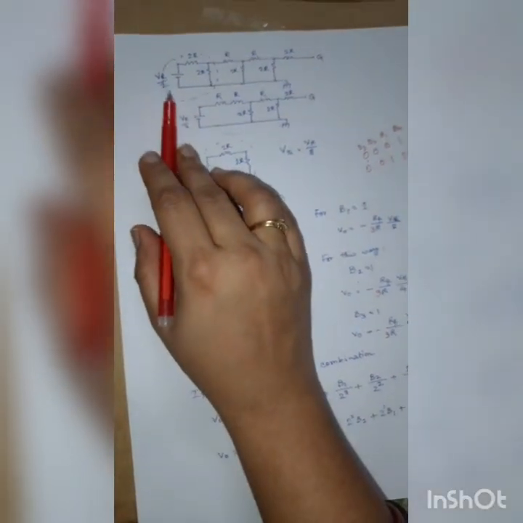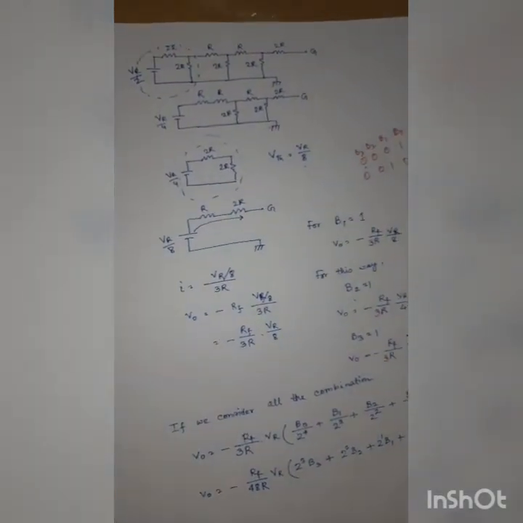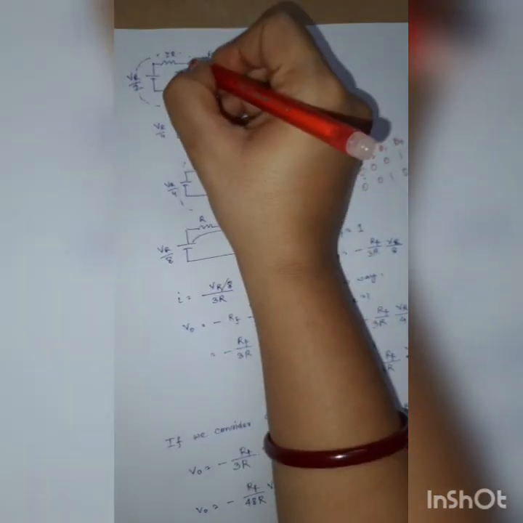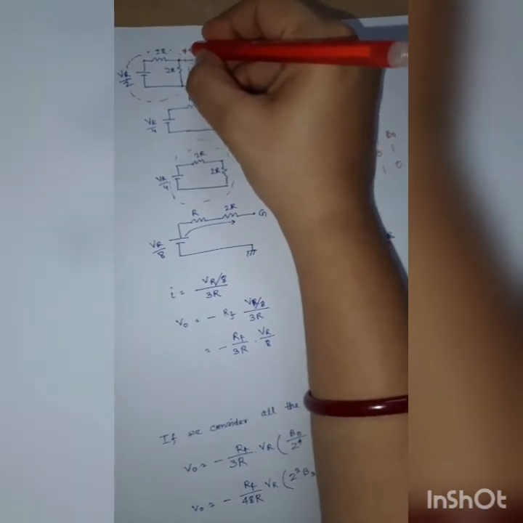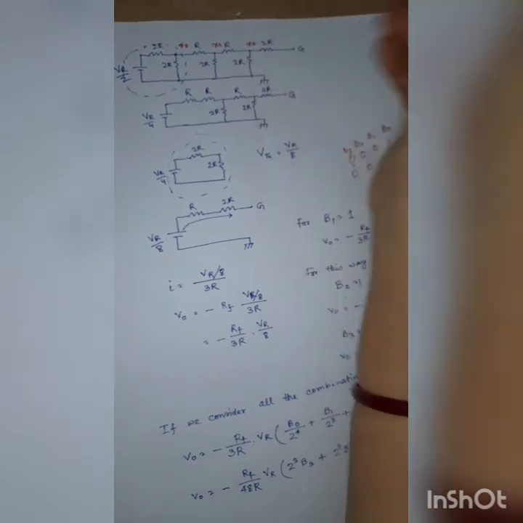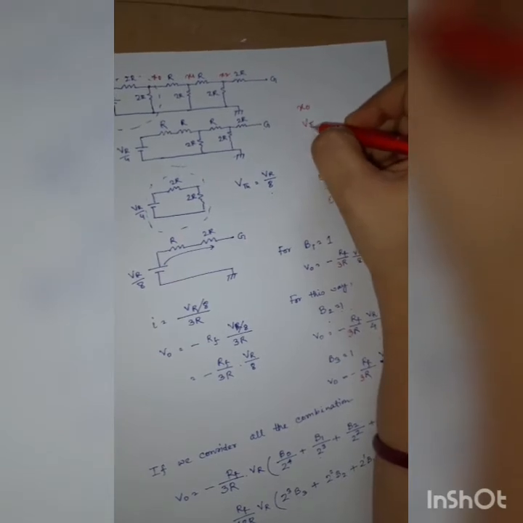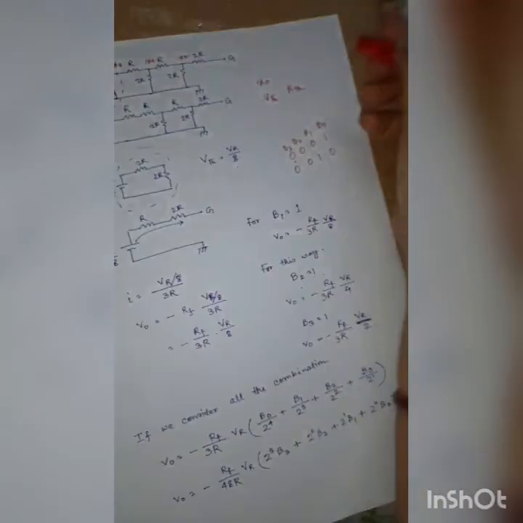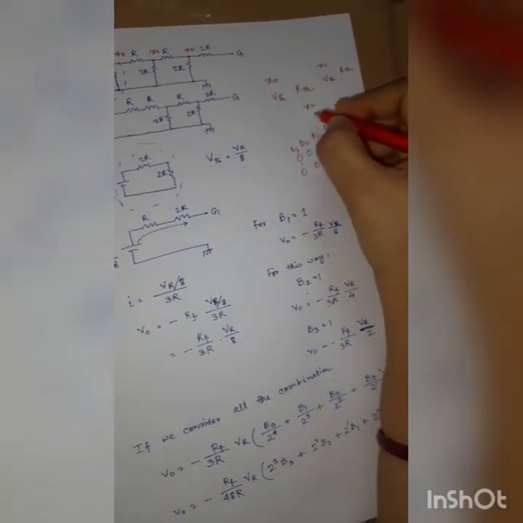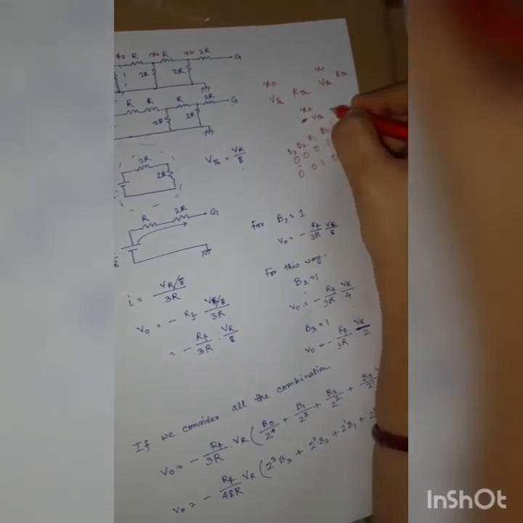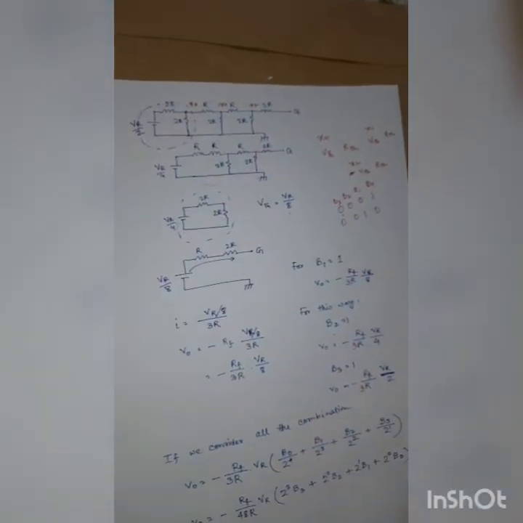So here VR by 2 will face again 2R and 2R in parallel. If we again consider these points like x0, x1, x2, and so on, for x0 we will again calculate the VTH and RTH, and for x1 we again calculate VTH and RTH, and so on. Exactly the same way we will proceed, and we will calculate the equivalent voltage and resistance gradually.